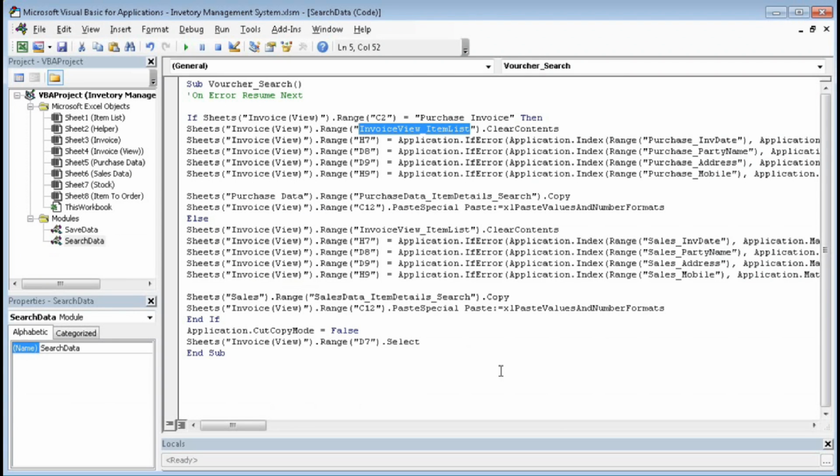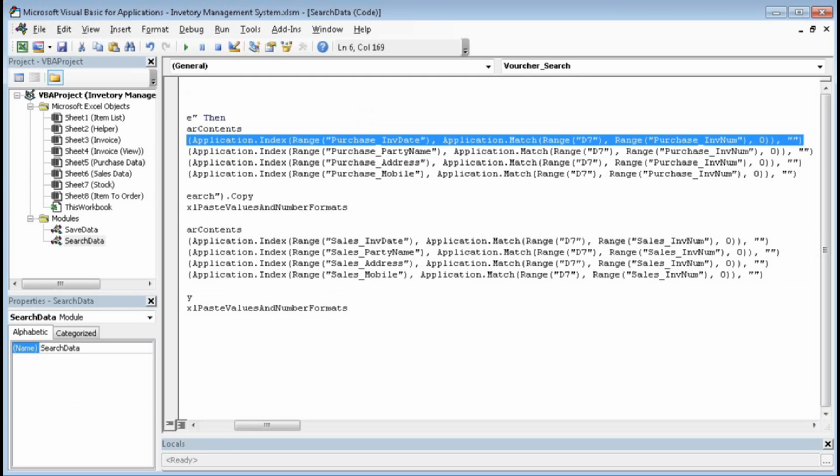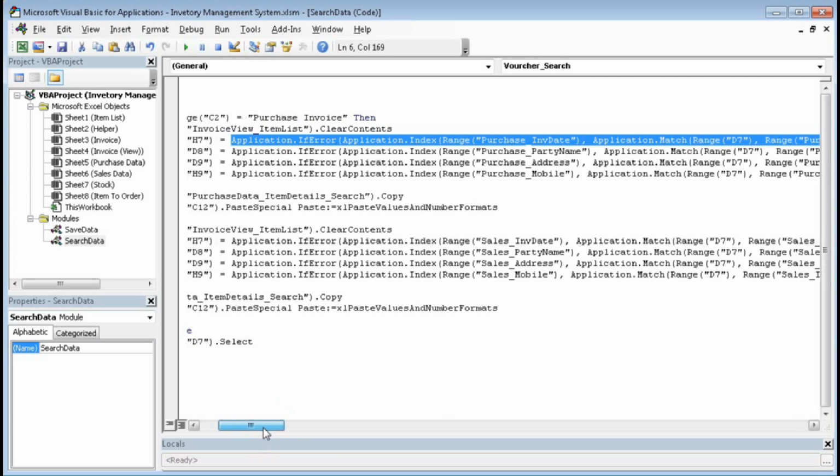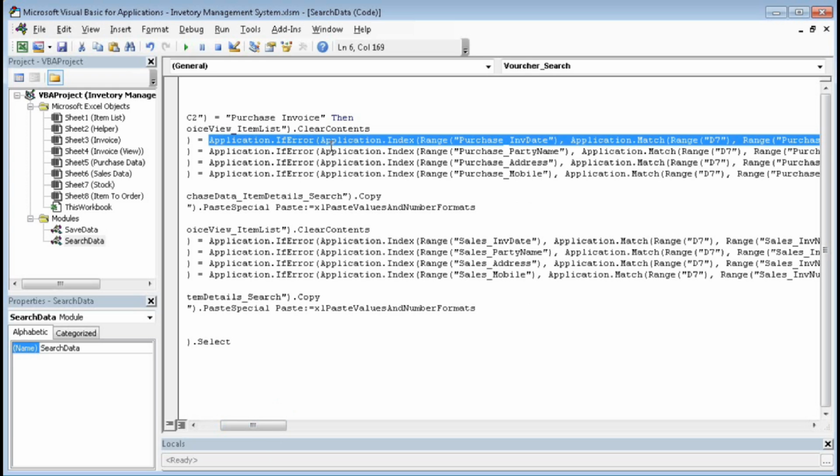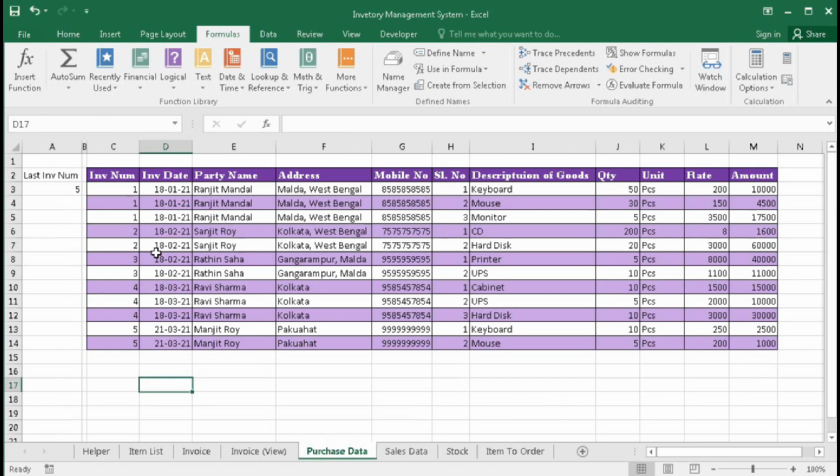Here you can see for the date, it will be searched with the help of this formula: application if error, again application index, range is purchase INV date. That means in this purchase, this is the INV date. So I have to create this range INV date, then the party name, then address, then mobile number.